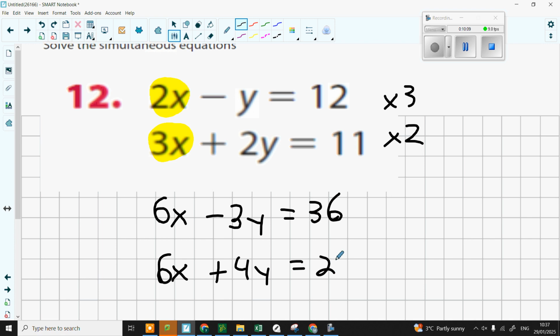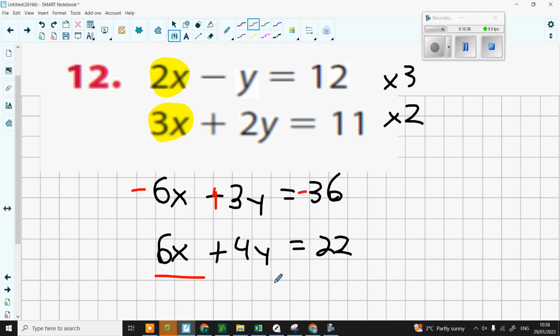Now, once I do this step, what you could then do is the following. Once you have this step done, you can choose either equation, the top or the bottom, your choice, and multiply the whole thing by minus. Because you don't want a plus 6x, you actually want a minus 6x. So I'll choose the top one. It just does what I was doing already, but in 2 separate steps that some people might find easier to comprehend. All right, and then what do we get? We get 7y equals minus 14, y equals minus